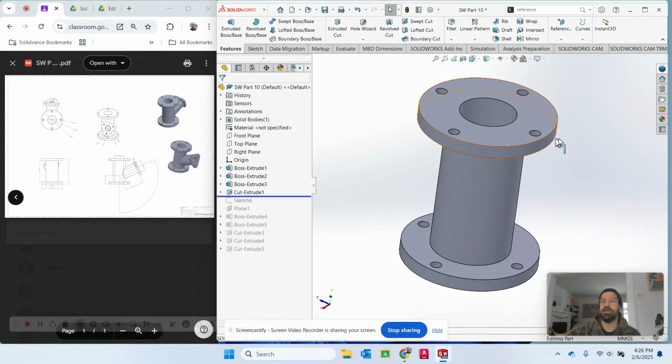I made a sketch on the top one, I think, and just extruded through all so that it went through every single thing. The cuts went through everything with an extruded cut. I then made, let me just see if you can see this. Let me try to make this show up a little bit better. Right, so I then took a